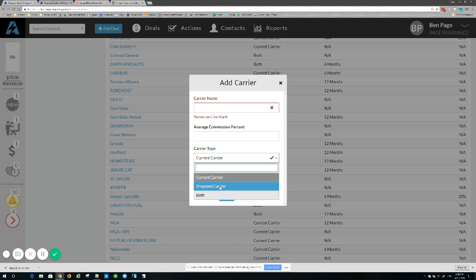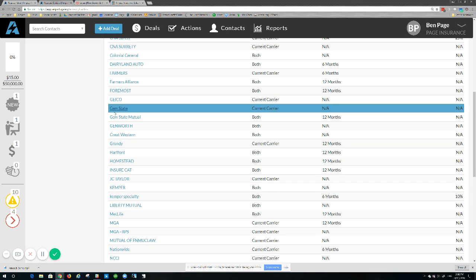And then proposed carrier, you would select that if it's a carrier that you represent, and then both, if it can be both somebody you take business from and also that you place business with. And then active means it'll show up in the drop-down list as you navigate the system, and inactive kind of pulls it out of that list. You don't lose it in the reports, but it'll pull it out of the list just to make the drop-downs easier. Okay, so you've added carriers,